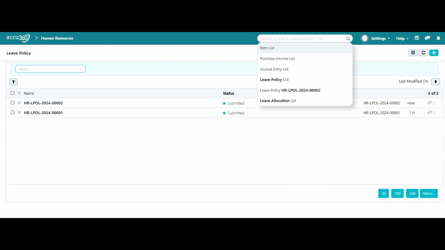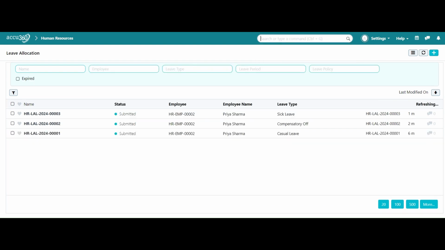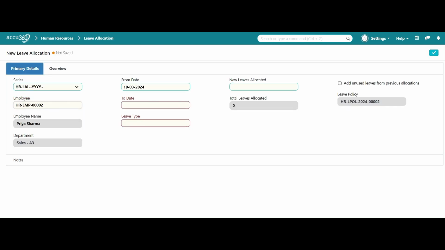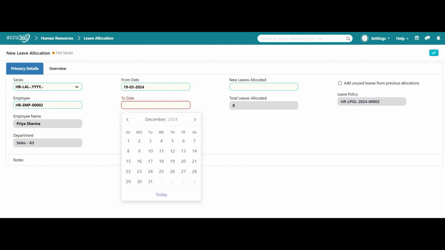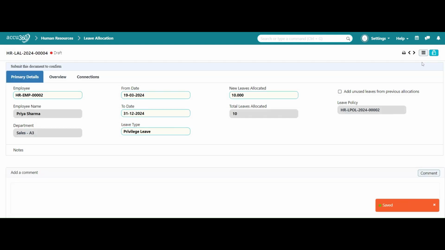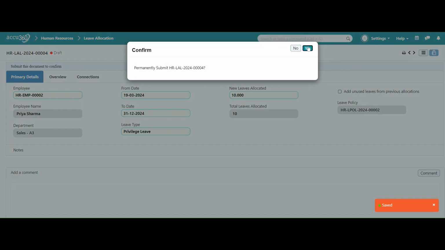Okay, now let's just go to the leave allocation, and here we will add the other leave allocation for Priya Sharma. Okay, now we will save this,